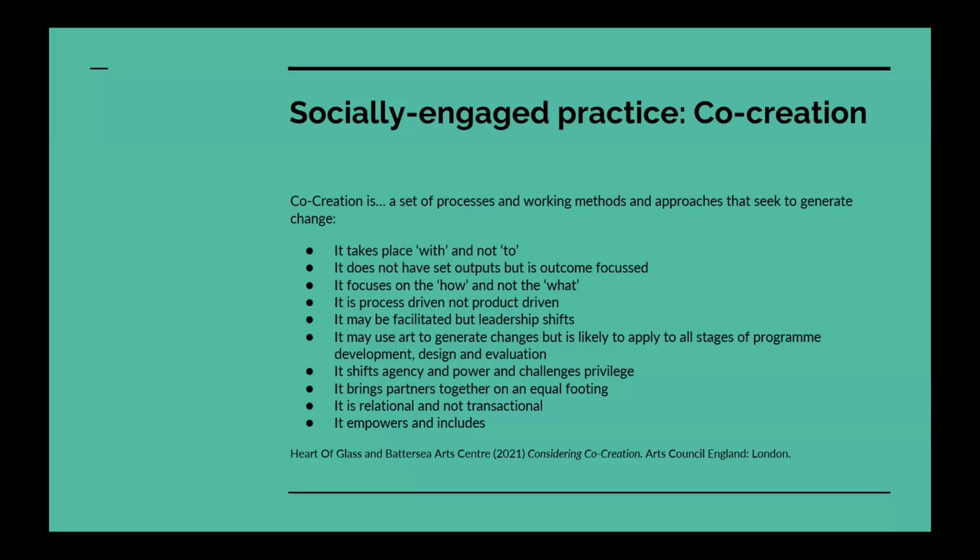It focuses on the how and not the what. It's maybe facilitated, but leadership shifts. So again, working towards that partnership rather than the power dynamic of the kind of institutional organization making change from the top. So it might use art to generate changes, but is likely to apply to all stages of program development, design, and evaluation. It shifts agency and power and challenges privilege. It brings partners together on an equal footing. It is relational and not transactional, and it